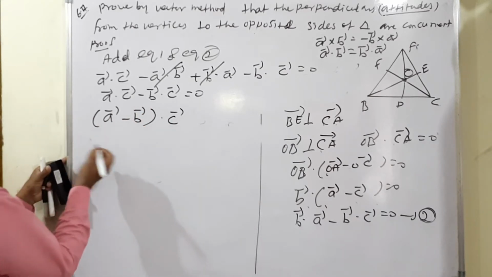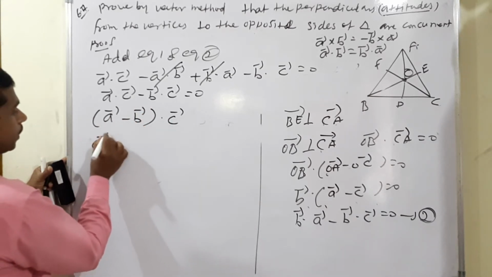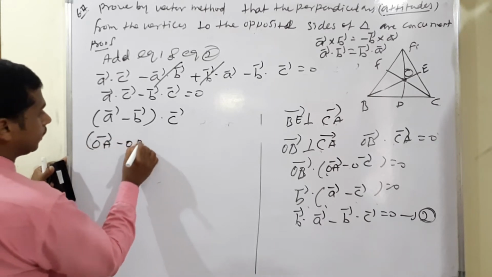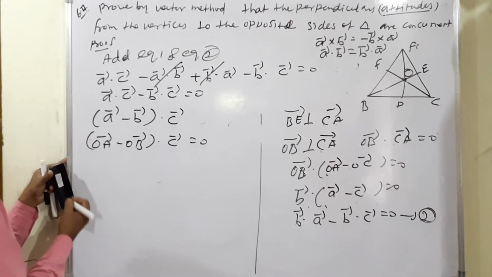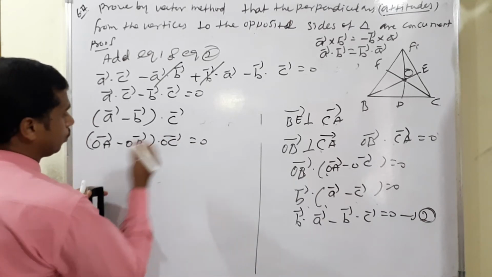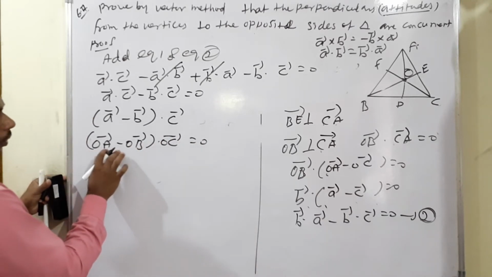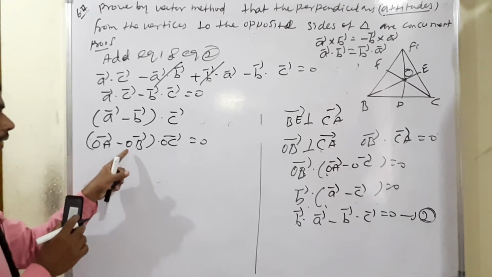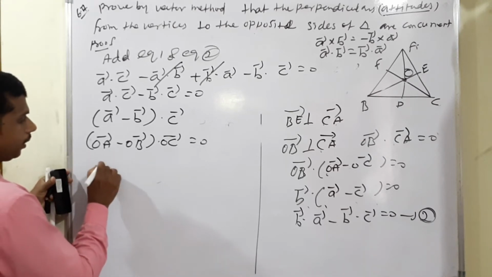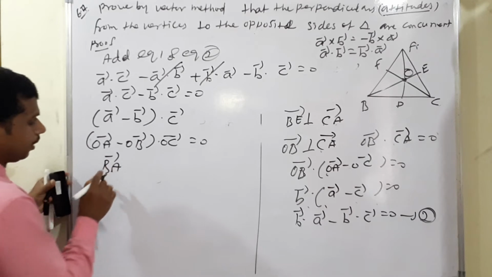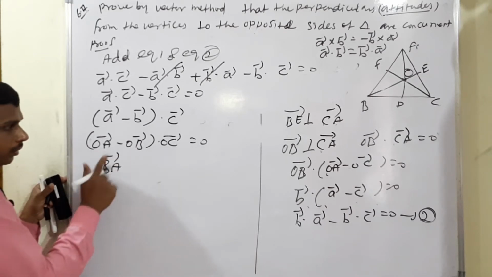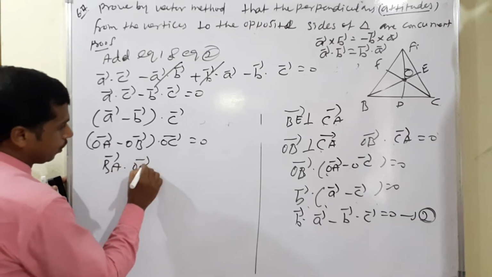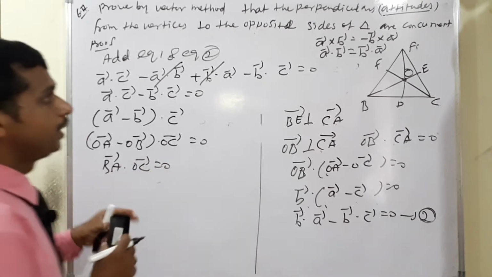What is the meaning of a vector? Already we have considered OA vector minus OB vector dot c vector is equal to 0. So now we can write this is also OC vector. What is the meaning of OA minus OB? The position point means the ending point. Ending point means BA vector. If you rewrite the position vector, it is OA vector minus OB vector. So BA vector dot OC vector. Look at there, BA vector